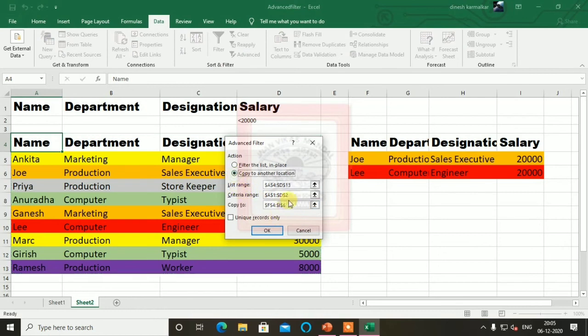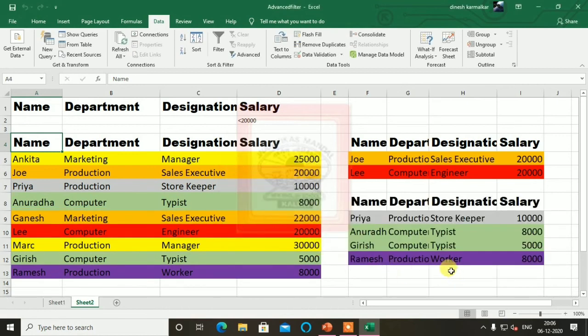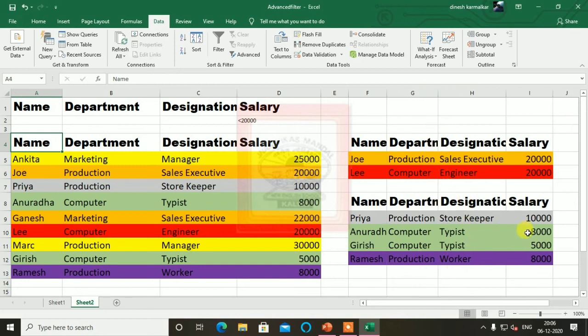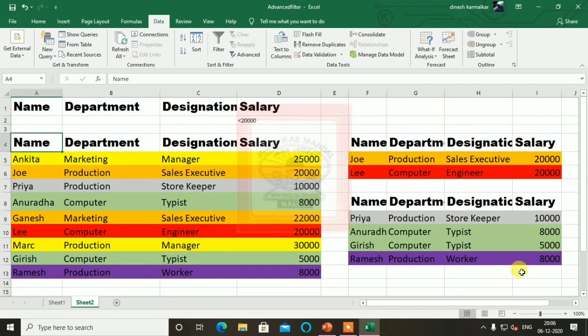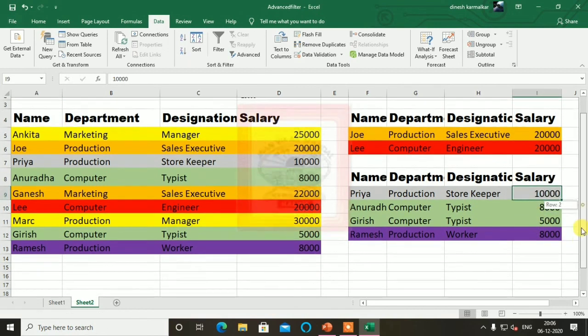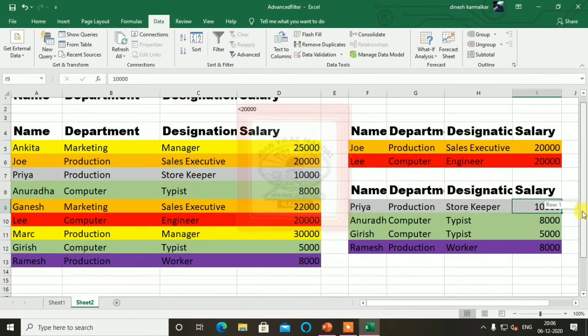Then copy to, range again you have to take, and I will use the same thing here. Instead of this one I will remove it here. So now you can see we are getting the records of the people whose salary is below 20,000. So I am getting 4 records here. These all people have below salary. Even if you want greater than, whose salary is greater than, that also you can do.